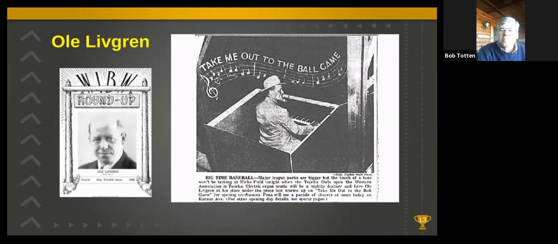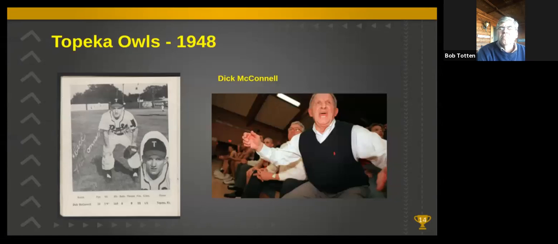The 48 Owls were managed by Wendy Johnson and later by Butch Neiman. And among the local talent was Dick McConnell, Richard Palmami, and Dwayne Melvin. Dick McConnell was 18 years old. He was a 47 graduate at Topeka High School, and he went on to become the winningest high school basketball coach in Arizona history. His teams won 774 wins over 39 seasons. And he played with the Owls for 4 years while he was attending Washburn, where he started in both basketball and football.